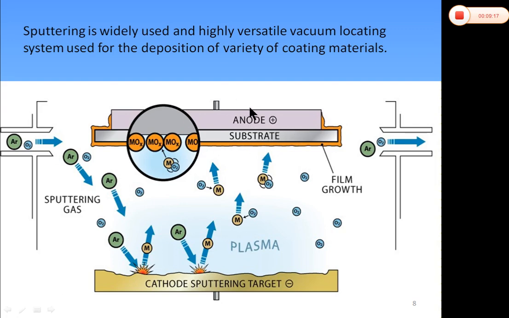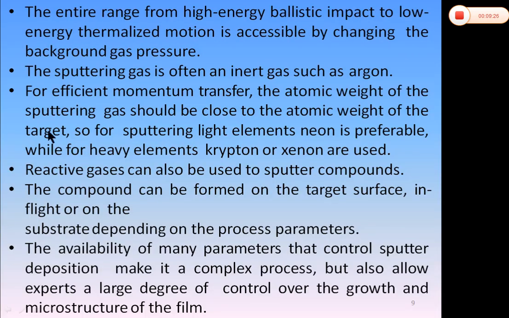Here you can see that the anode is our substrate and the target material that we have to sputter is the cathode, right? The entire range from high energy ballistic impact to low energy thermalized motion is accessible by changing the background gas pressure. We have to change the background pressure. The sputtering gas is often an inert gas, mainly argon, or it might be oxygen or nitrogen or another suitable gas